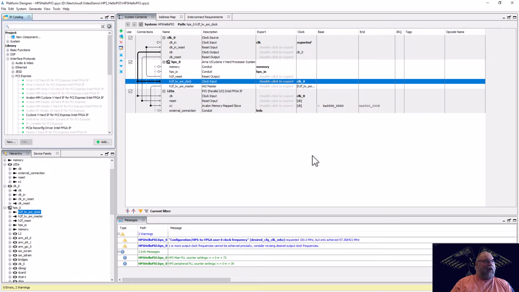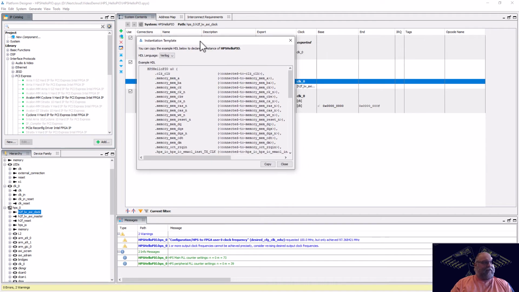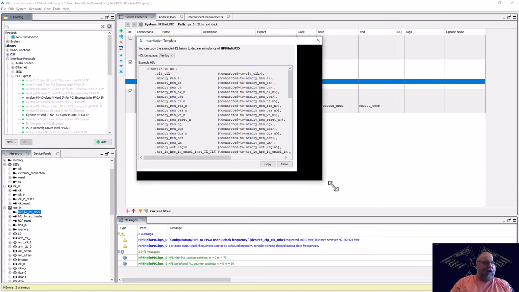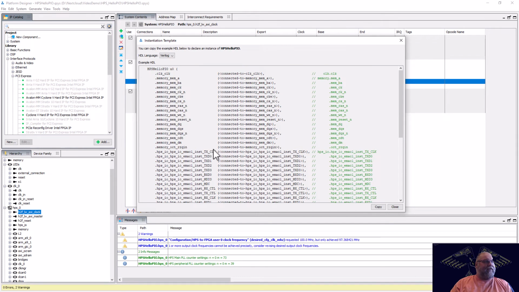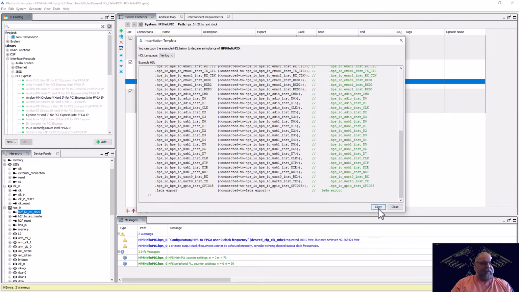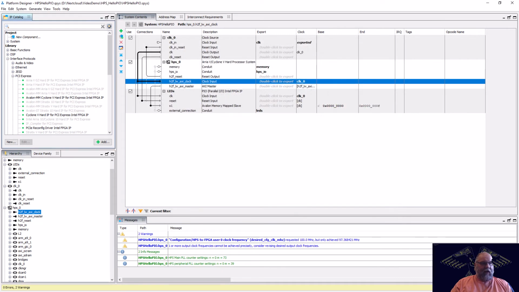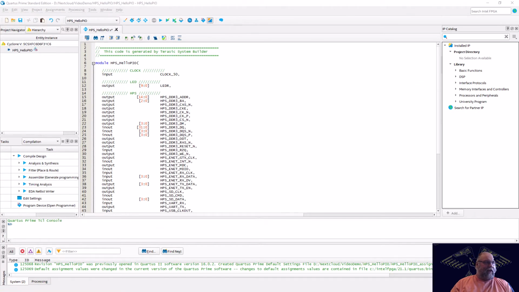We got to do one more thing before we leave Platform Designer. We're going to go up here to Generate, and we're going to show our instantiation template. This is what we're going to cut and paste into that top level, and it's basically just a template on how we instantiate our HPS system. So I'm just going to hit copy there, go ahead and close, and when I hit finish, Quartus, like normal,